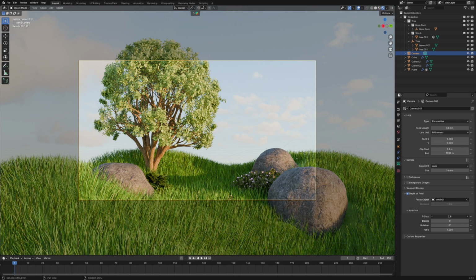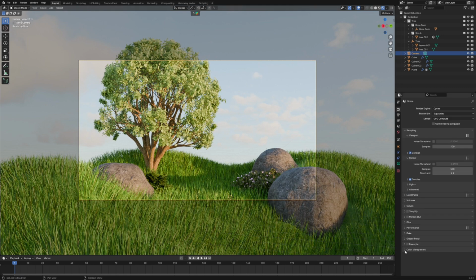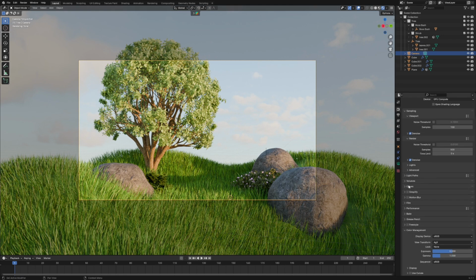And then we'll tweak this f-stop. This basically governs how much of your image is in focus. So if we put that to say about 2 or 1, one's a little bit too blurry. Yeah, let's go back up to about a 2. I'm happy with that. And then the other thing you can do in the render tab is to change your